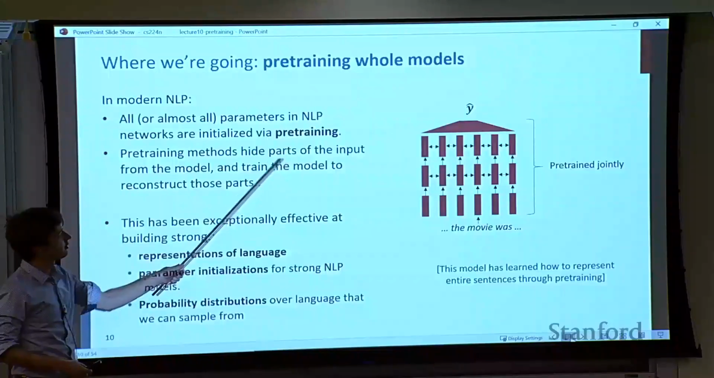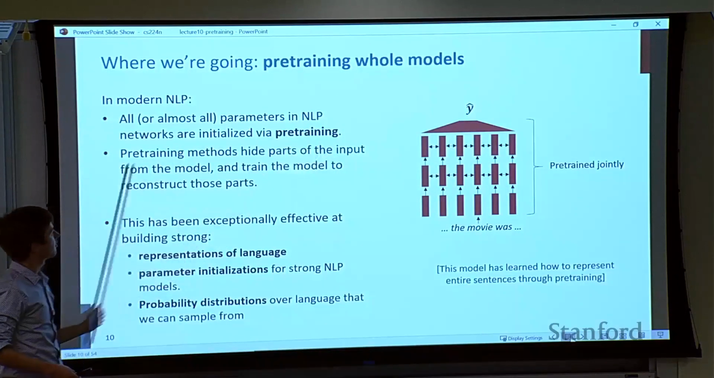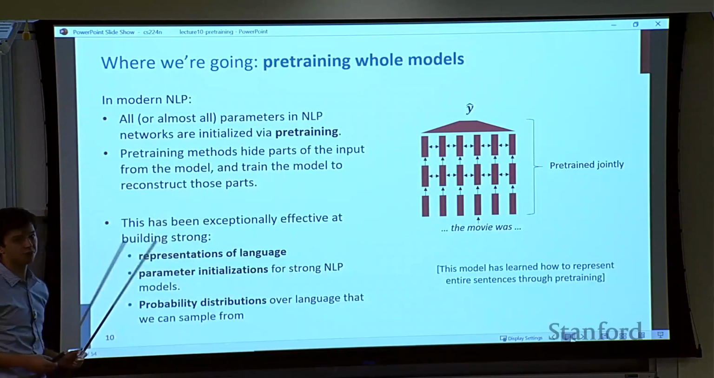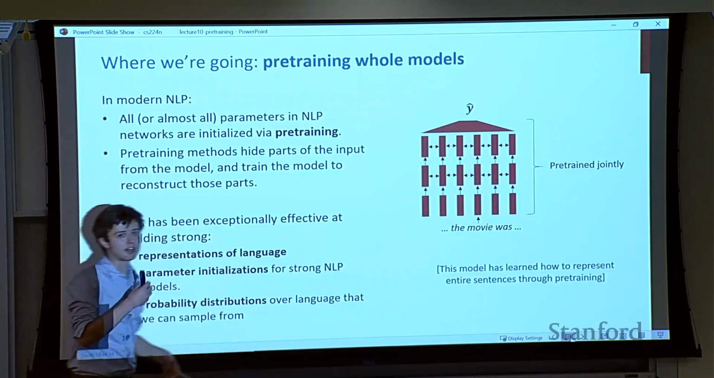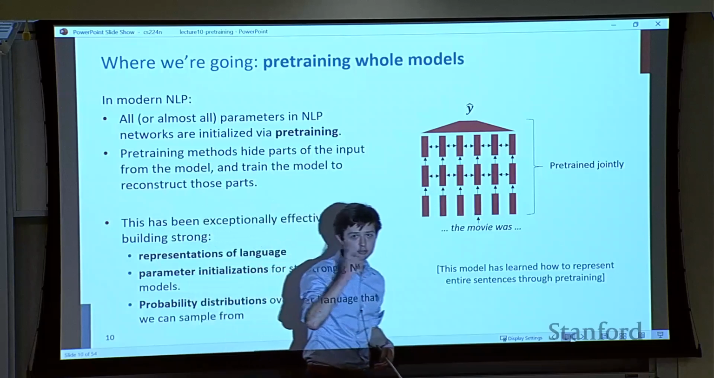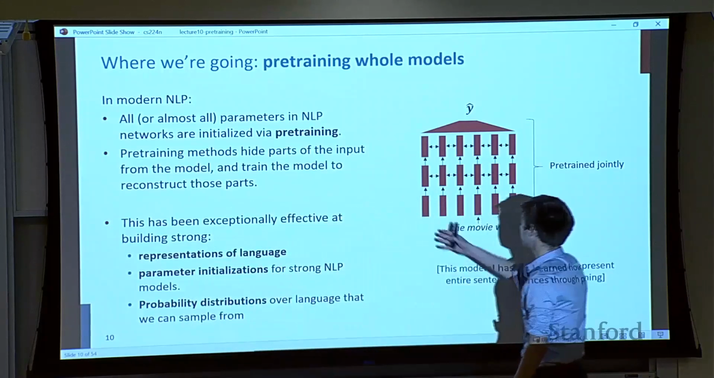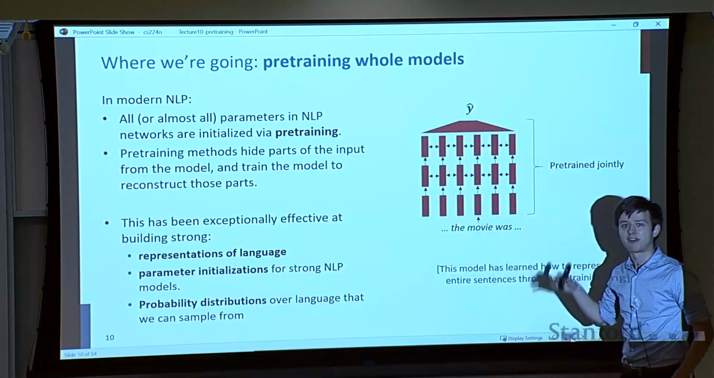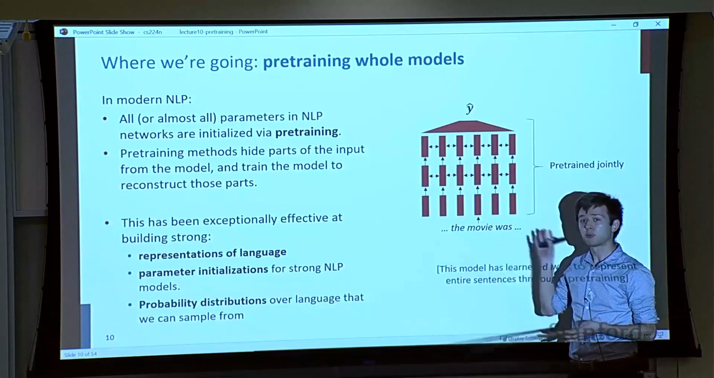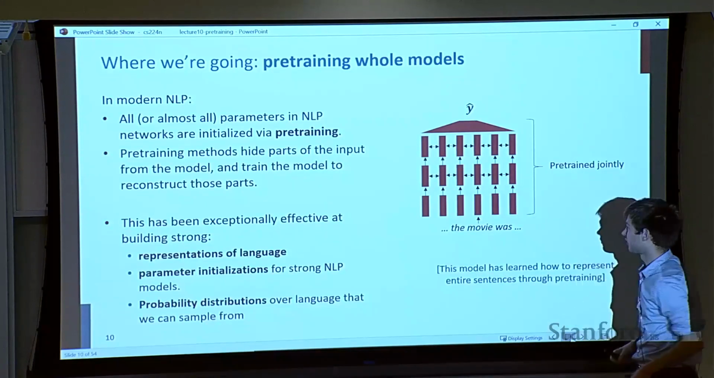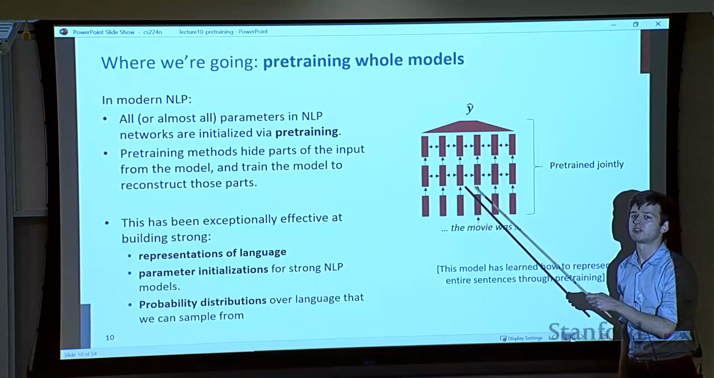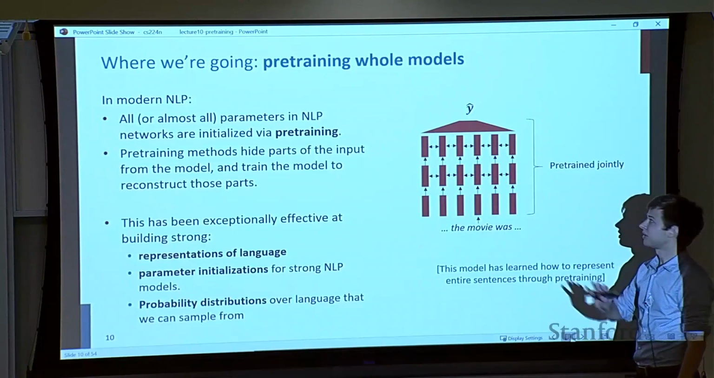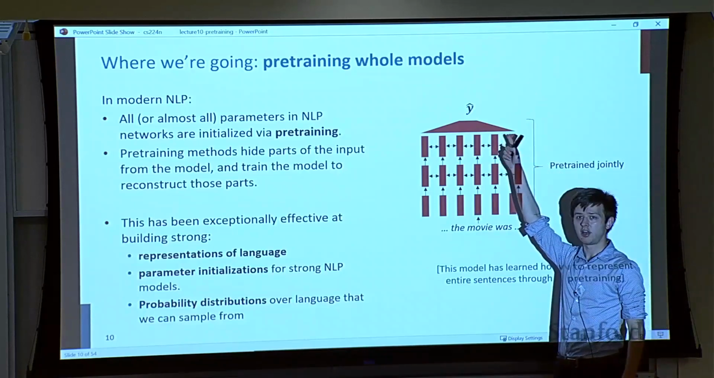All of these methods look similar. You hide parts of the input from the model and train the model to reconstruct those parts. The difference with full model pre-training is that you don't give the model just the individual word and have it learn an embedding of that word. You give it much more of the sequence and have it predict held-out parts of the sequence. And we'll get into the details there. But the takeaway is that everything here is pre-trained jointly, possibly with the exception of the very last layer